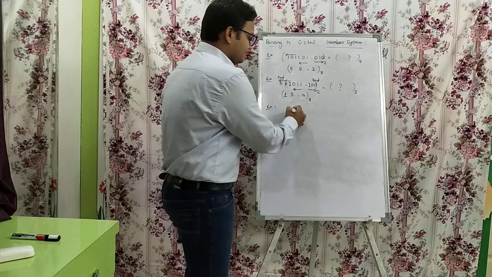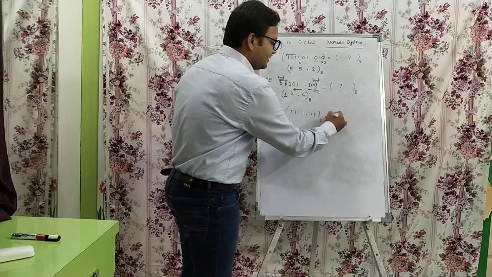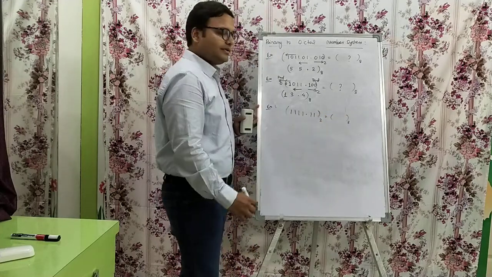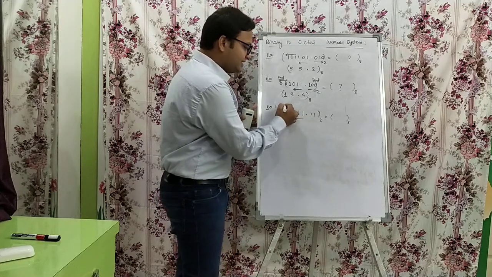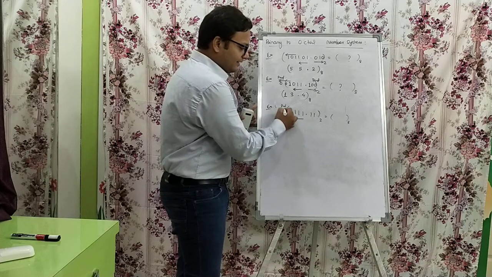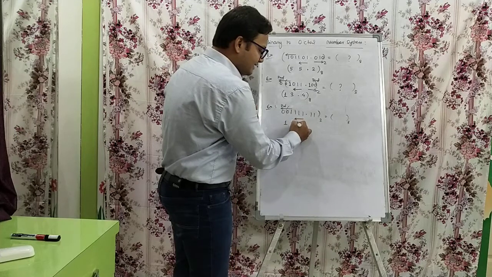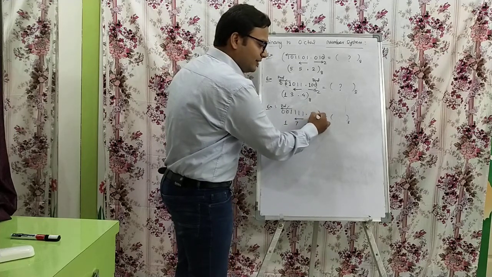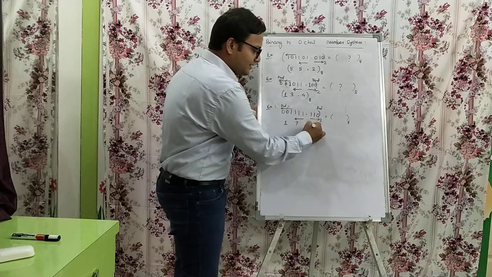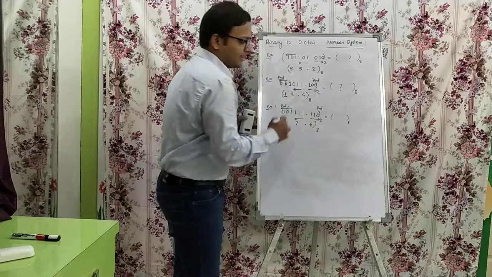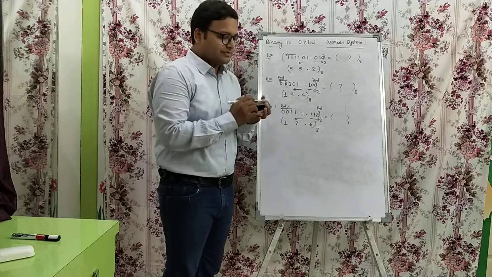One more example: 1111.11 binary into the octal number system. Again take grouping of 3. Next pad 2 zeros here and take the left grouping again. So this will be 1 and this will be 7, point. Here only 2 digits, so you can pad a 0 here and take the grouping on the right side. So it will be 17.6. This is the way you can convert a binary number system into the octal number system. Thank you.